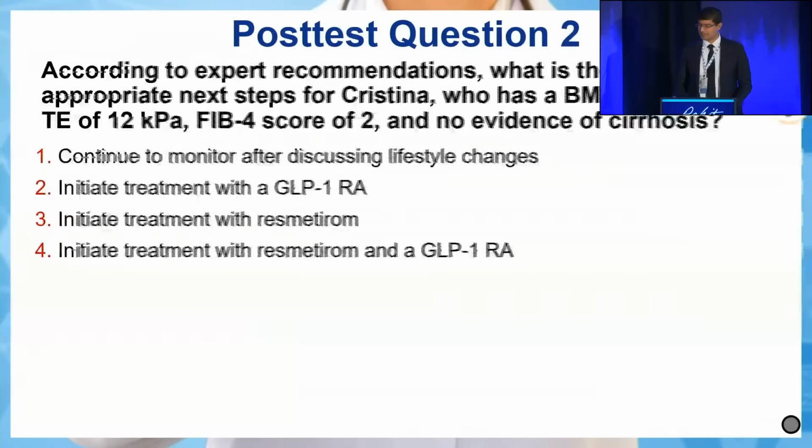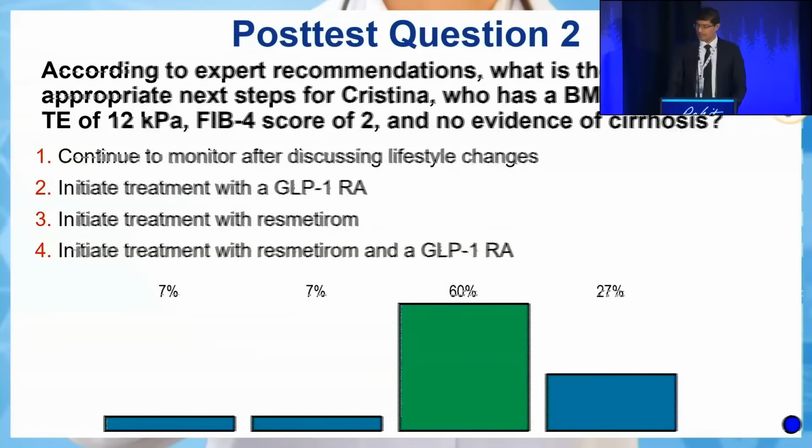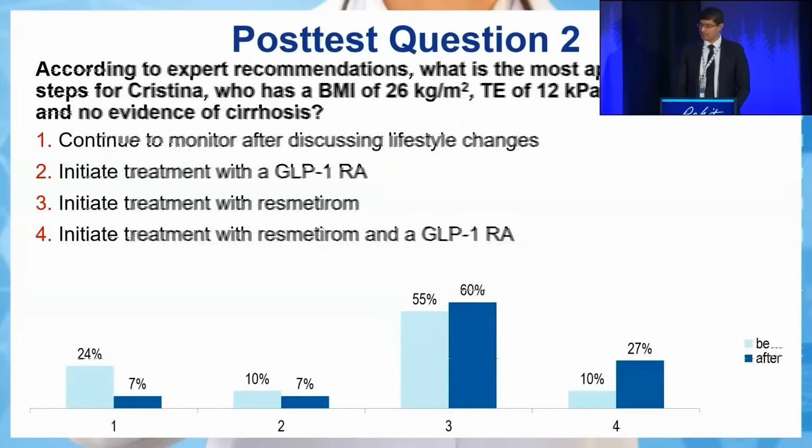That's good. Excellent. Let's look at post-test question 2. According to expert recommendation, what is the most appropriate next step for Christina? BMI of 26, TE 12, FIB4 2, and no evidence of cirrhosis. These are our options. Let's take a look at the results. So 60% chose lifestyle modification, and I think there's an uptick there. There were 10%